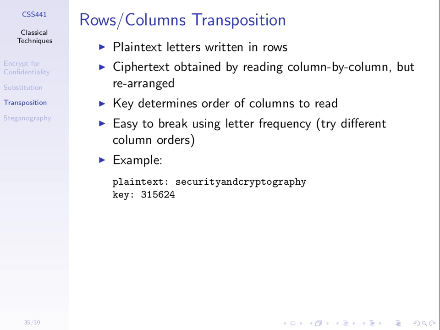Here's the rows columns transposition. We take our plain text, write it as a set of rows where the number of rows is determined by the key. Here we'll choose a key which is not really a number, it's an arrangement of the columns. For example, I'm going to use 6 columns. I choose that as part of the key. So I need 6 numbers here in some, say, random order, 3, 1, 5, 6, 2, 4. And that's going to tell me how to read the matrix as we write it. So let's encrypt secure cryptography with this key of 3, 1, 5, 6, 2, 4.